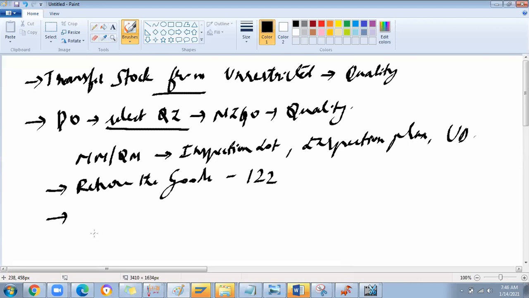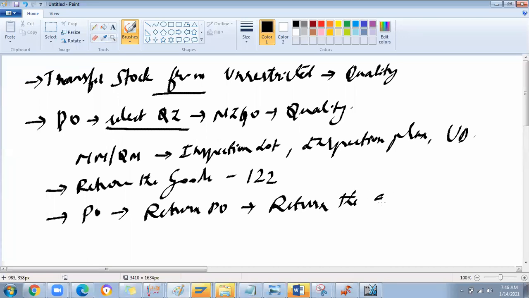Okay, then in case you don't have any reference to send back the material if rejected, for example, we discussed about batch in the previous session, where the customers say some products are defective, it will come to our premises, and you are not able to track which PO we received that stock. That time again we create a new PO called return purchase order. That purchase order is just to return the goods to the vendor, not for purchasing. That movement type is 161. So we'll cover these movement types today.